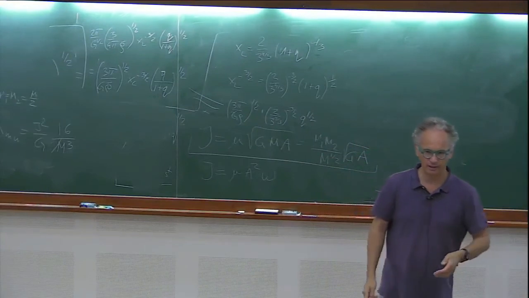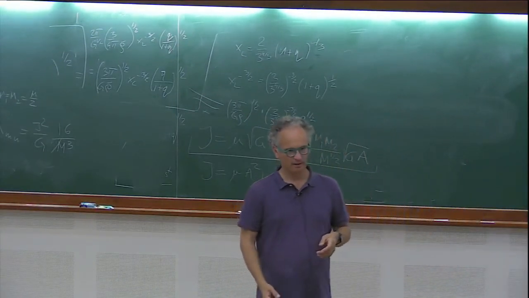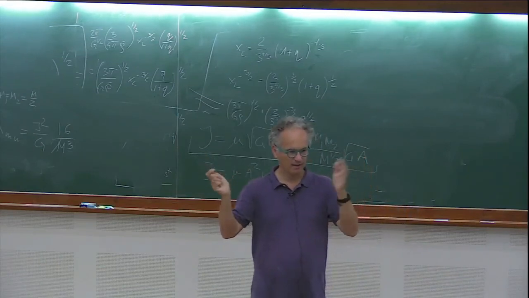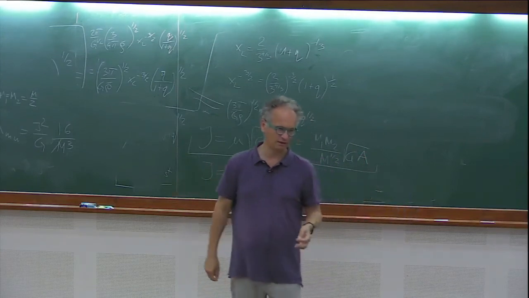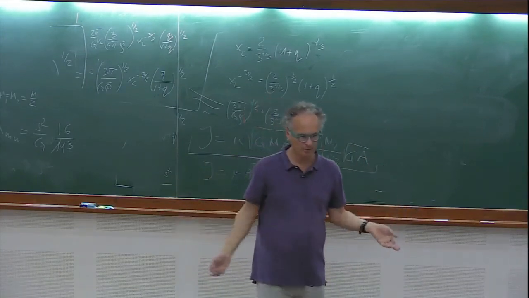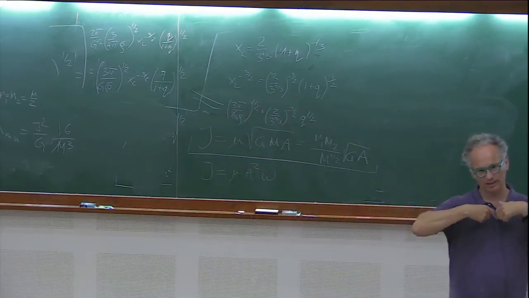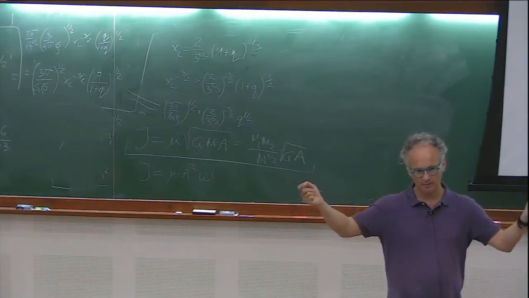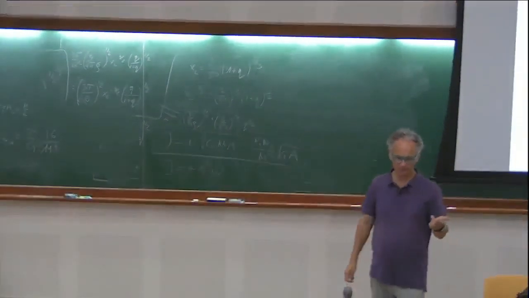So in order for such a mass transfer to be stable, you need to contract the star much faster than the orbit is shrinking. And in the opposite case, when you transfer the mass from a less massive to a more massive companion,